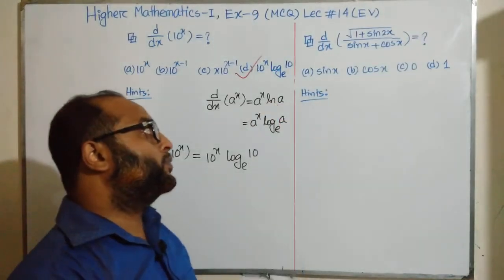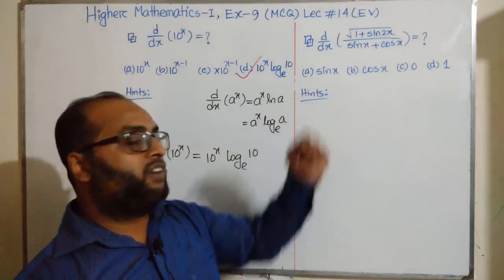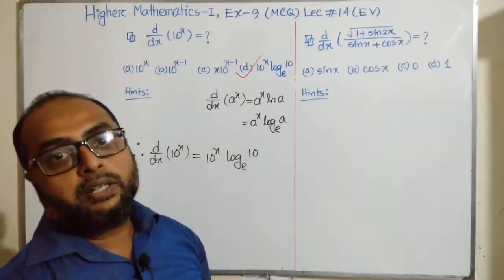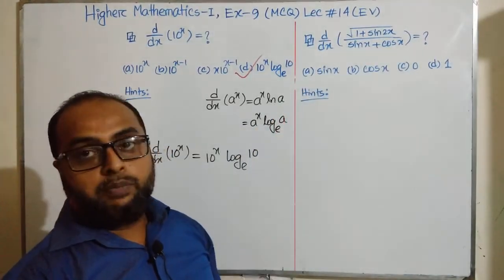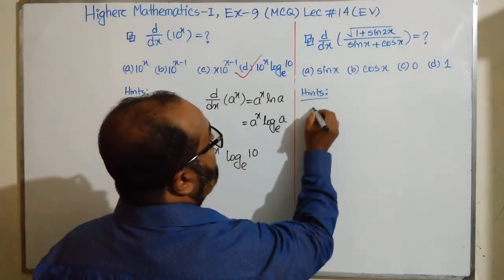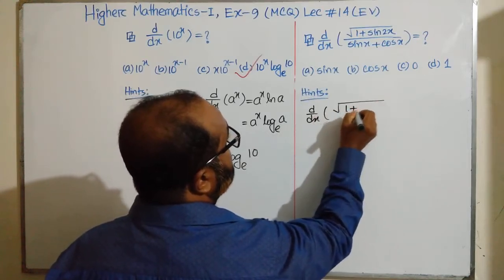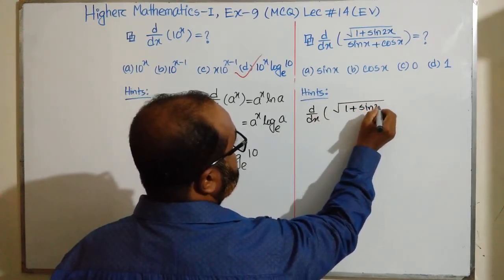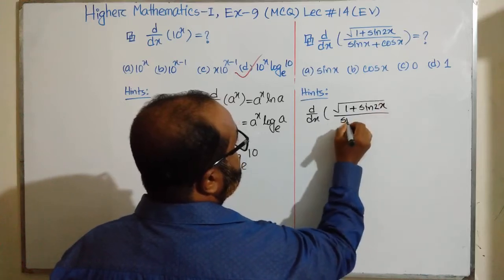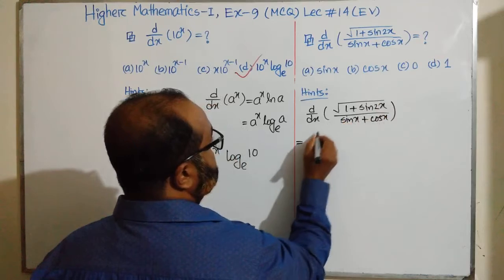Here at first we have to apply a trigonometric formula, and after simplifying this function then we apply the formula of differentiation. So here d/dx of root over (1 plus sin 2x) divided by (sin x plus cos x), this equals